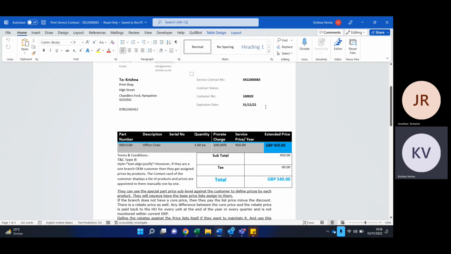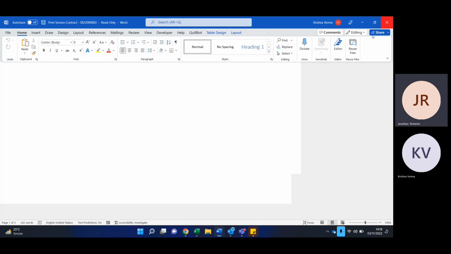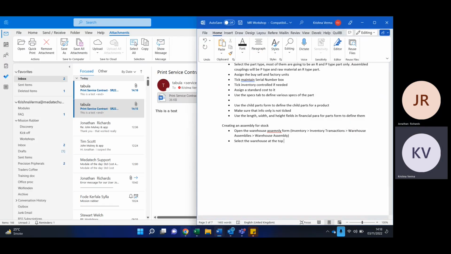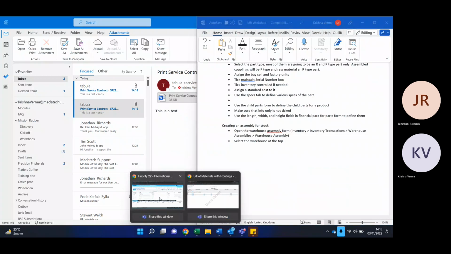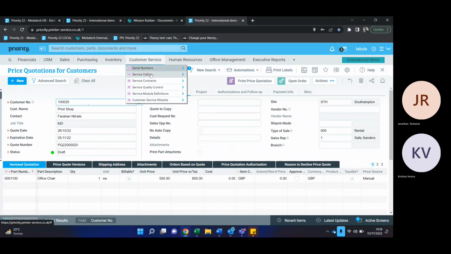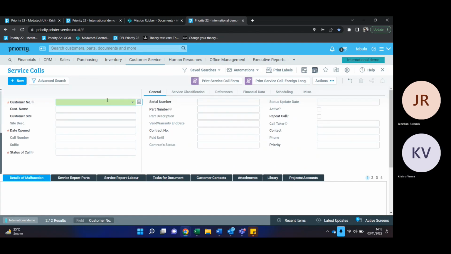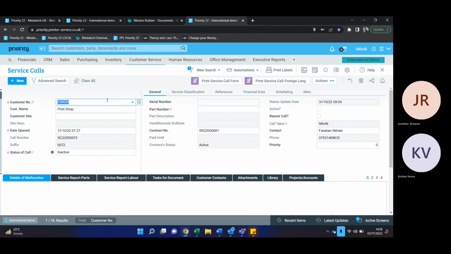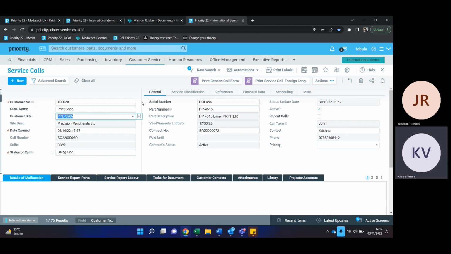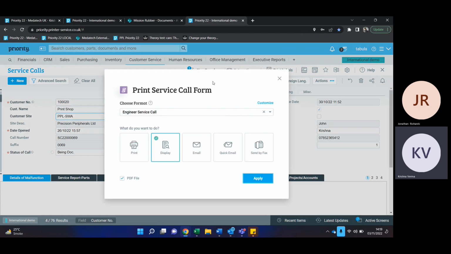And let me quickly show you the service call one as well, because we were talking about it the other day and you requested some changes in there. So let me quickly show you those as well. Service call. Let me select the best. Yep, this looks fine. Again, if I do a print service call form, you will see there are two of them,